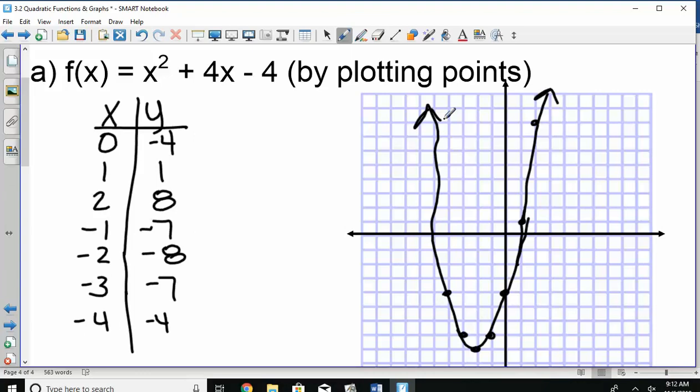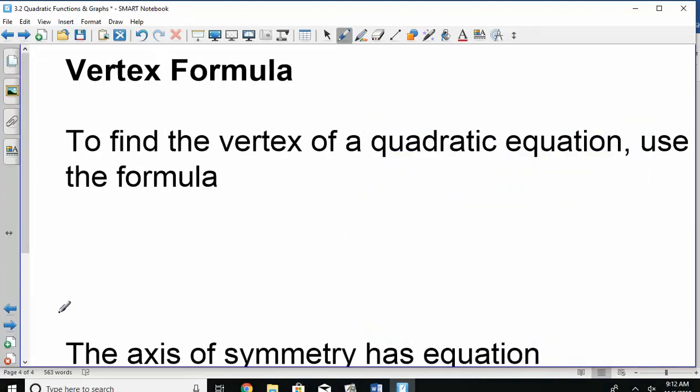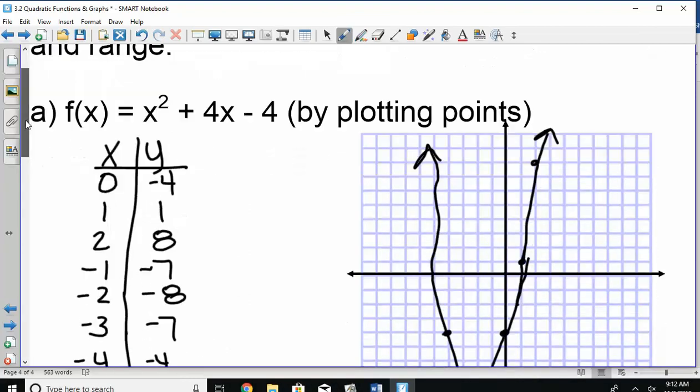So picking points is great if you can find your vertex, but it's a little dangerous because if your vertex isn't a nice integer value, it's very likely that you may not get it in exactly the right spot. So we need a better method. We can do transformations sometimes. If I looked at B,